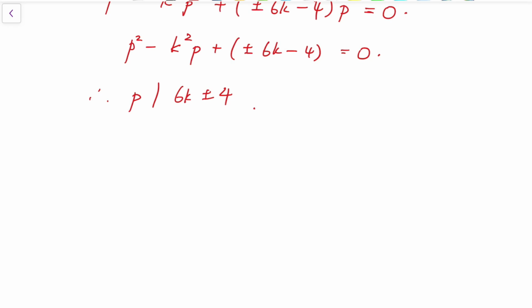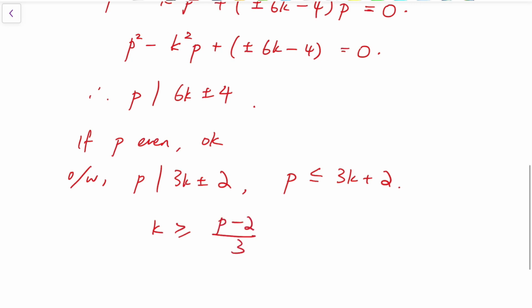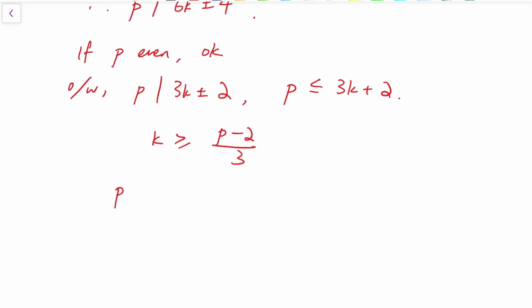However, if p is odd, not even, which is the vast majority of the cases, then I can even divide the multiple by 2, so as to say p divides 3k plus or minus 2, and make it a bound by saying p is at most 3k plus 2. So now we know that k is at least (p minus 2) over 3,